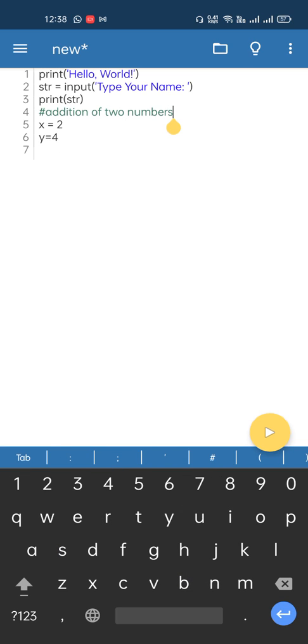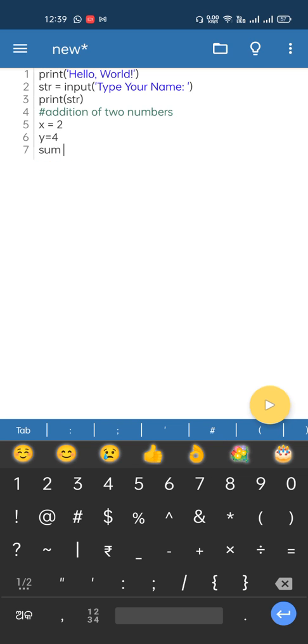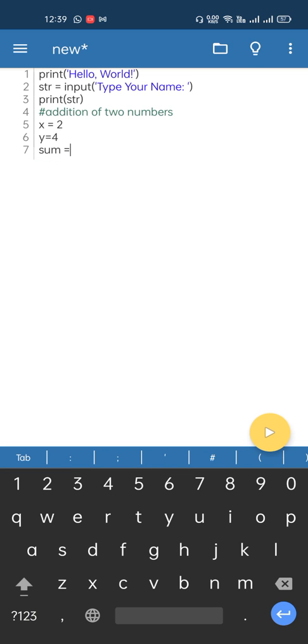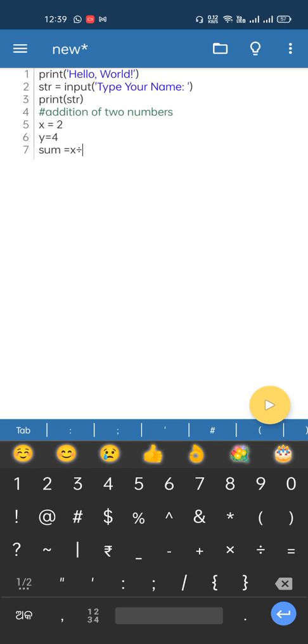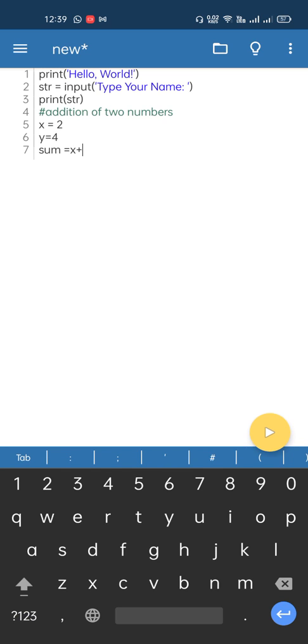Then I'll write the final value. I'll write sum equals to, this is simple mathematics, x plus y. Whatever operation you can take, x plus, x minus, x divided, we are taking x plus y. Okay, now this is the sum.